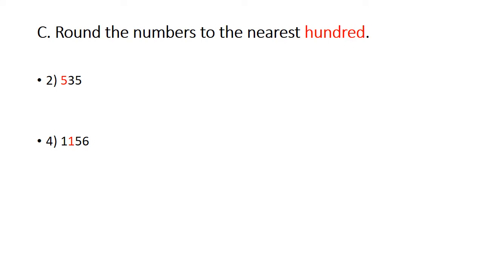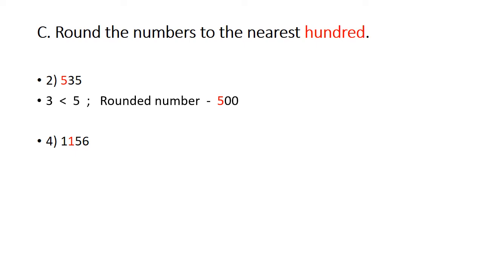We will move to the next main, C main. You have to round off the numbers to hundreds place. Identify the digit at hundreds place. It is 535 and the digit at hundreds place is 5. Observe the next digit. It is 3. You have to compare the next digit, right? 3 is lesser than 5. So what is the rule? You need not add, keep the remaining 5 as it is. So rounded off number is 500.